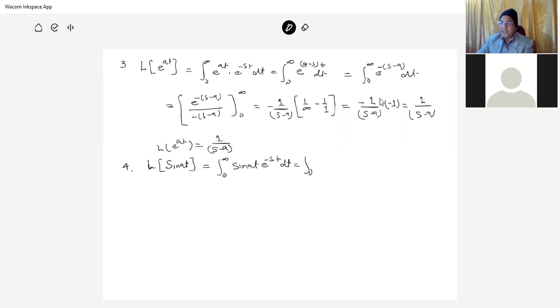This can be expanded as sine at is e raised to the power iat minus e raised to the minus iat divided by 2i, into e raised to the power minus st dt. So we can segregate these components, and we find that